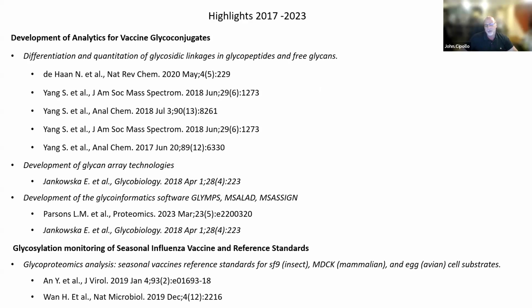I won't get into that too much in this talk, but especially the 2,3-linked and the 2,6-linked sialic acids, the differentiation between those two is really key in a lot of biological processes, including infectious diseases. We developed some glycan array technologies, and for us particularly, it was for C. elegans. And we've developed a range of informatics, and those include a glycopeptide analysis tool, which we termed GLIMPS,